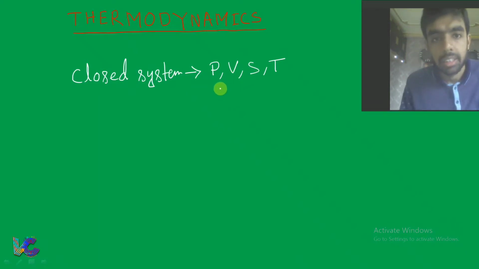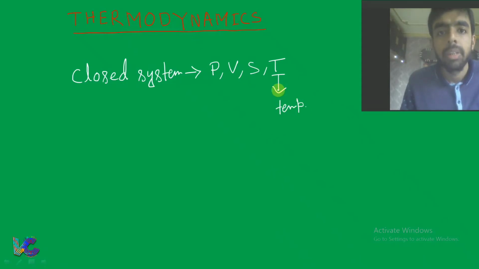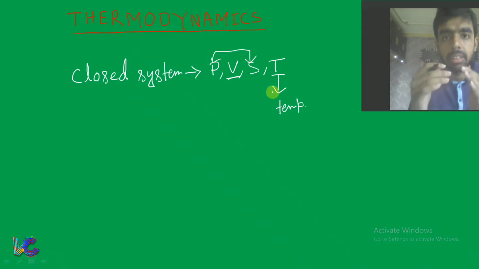Now in this lecture we'll mainly see, suppose I do a change in temperature. Then what will be the effect of changing the temperature on V if the other two variables P and S are constant? That means if I change a variable, what will be the change in the other variable if the other variable remains constant? That can be known from thermodynamic coefficient.